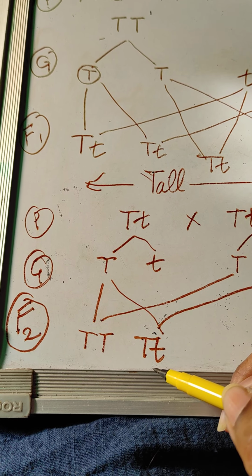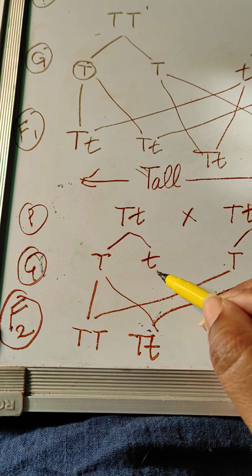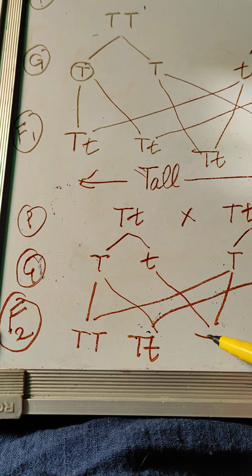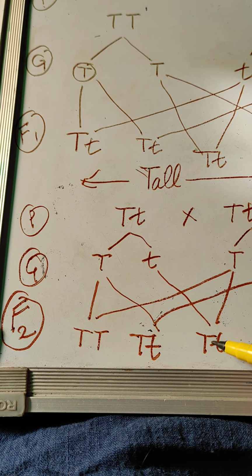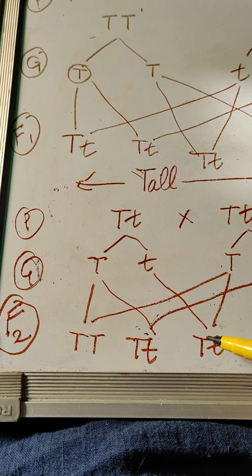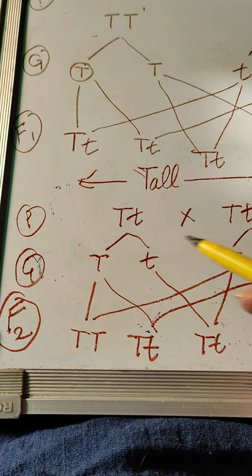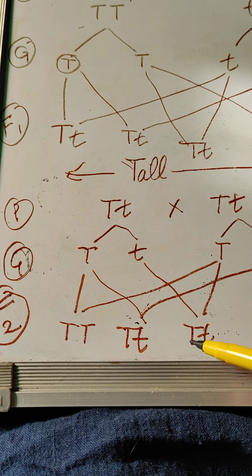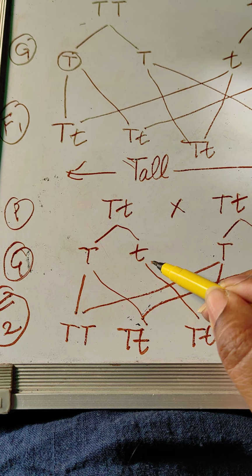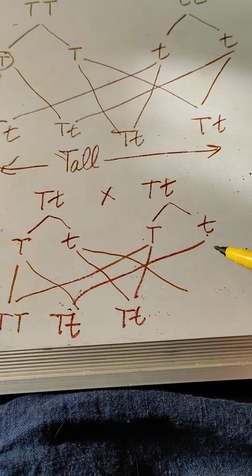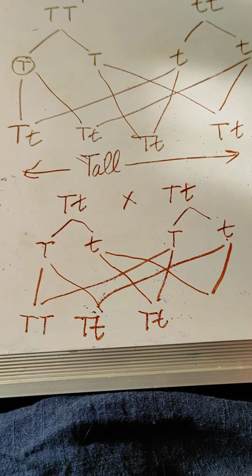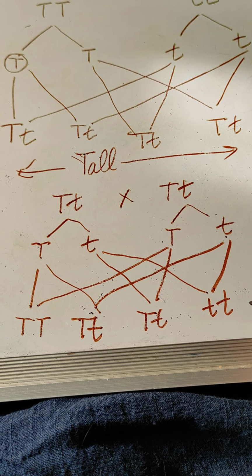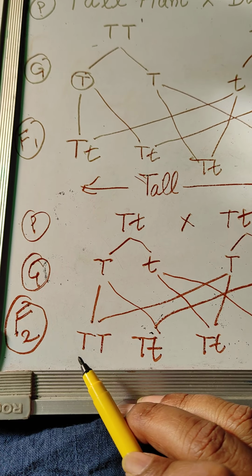Now this gamete can fuse with this gamete. See, we have to write the capital first. It may come from either of the parents. We will write the capital first. This gamete can fuse with this gamete. So small t and small t. So we can see